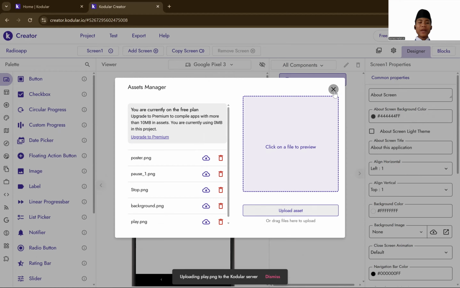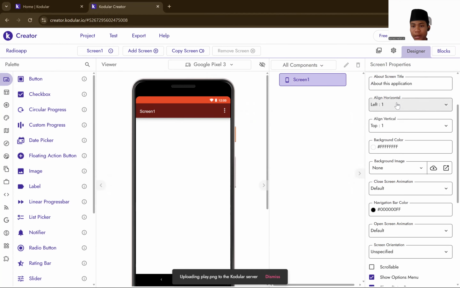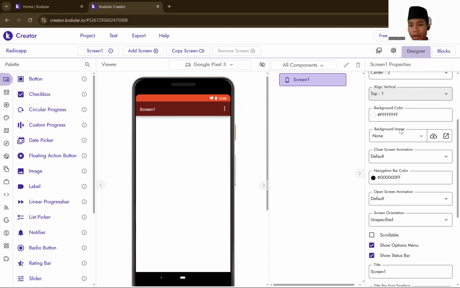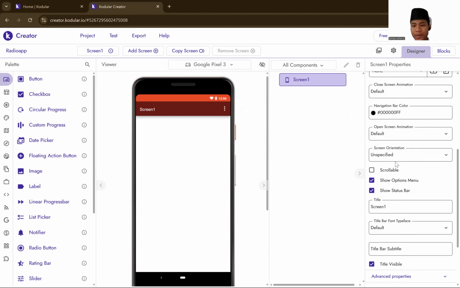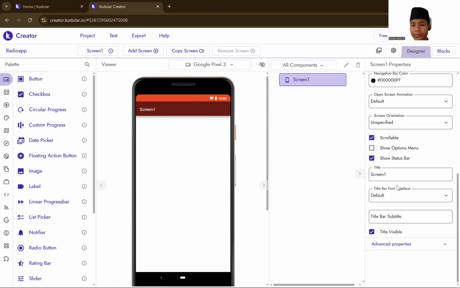Okay, if done, you go to first in here, and then the horizontal alignment you change to center. Okay, if done, scrollable you check, and show in menu you check.